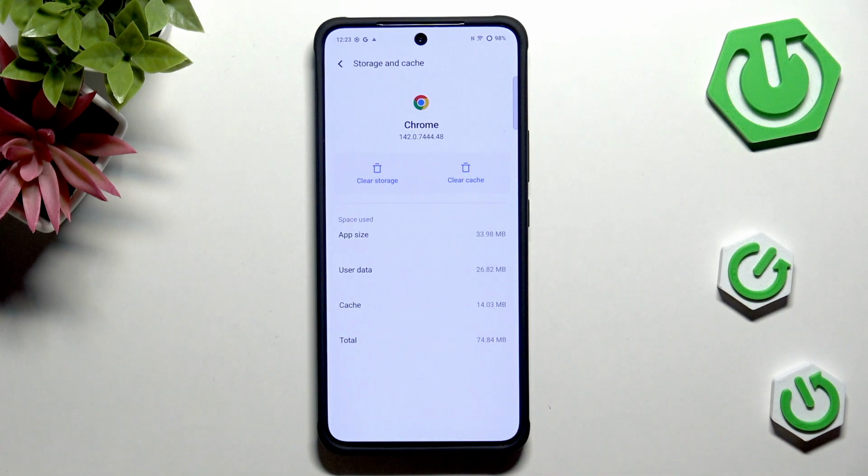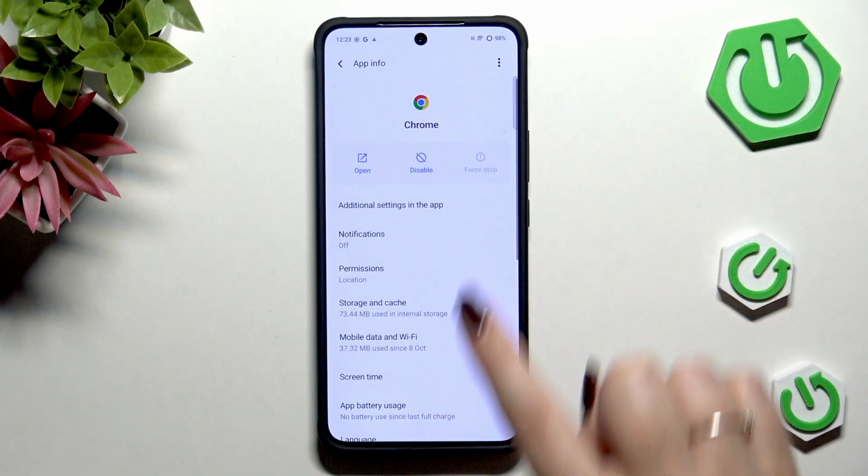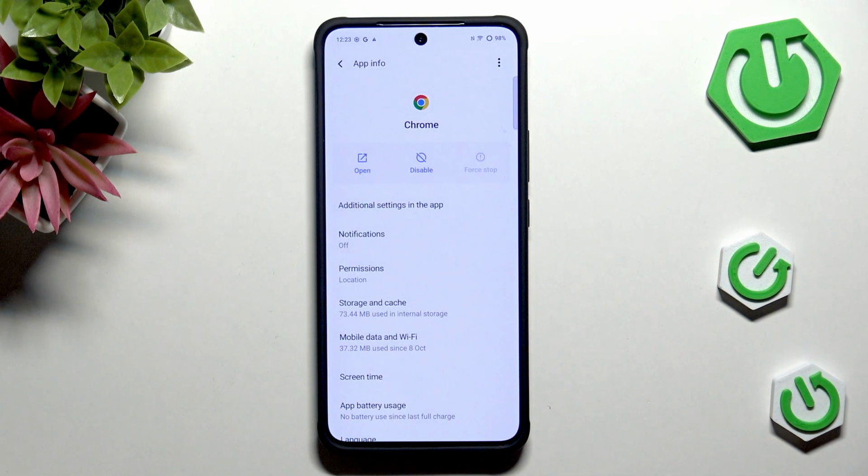Then storage and cache, open it and localize this cache section. As you can see, we've got quite a lot of cache here, and cache are junk files which are saved by your device, and they might interfere with the proper usage of the app. They are not necessary for the proper usage, but they might cause some problems. So simply tap on clear cache, and after that, after force stop and removing cache, you can try to open